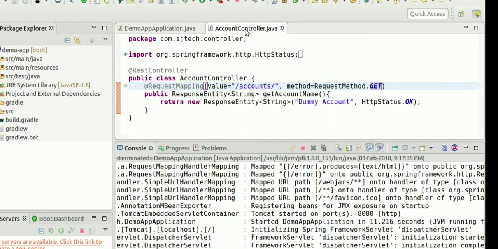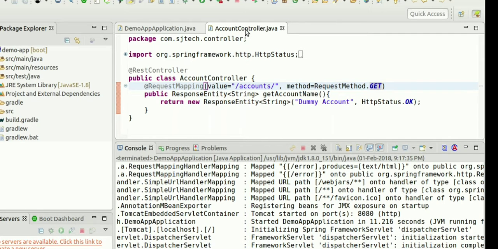In this controller, we have used the annotation called @RestController. Right now, for this session, the requirement is to implement a GET request which will give the account name as part of the response. So we have implemented a method called getAccountName, which returns an object of ResponseEntity.